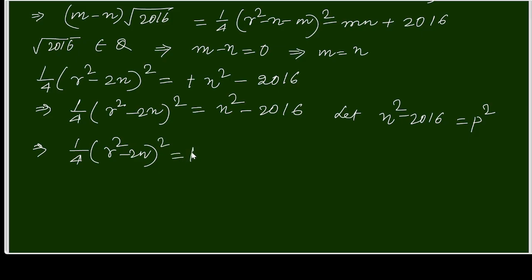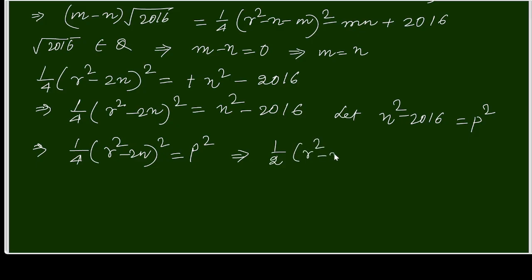Let it be p square. Let n square minus 2016 equal p square. Then I get 1 by 4 (r square minus 2n) whole square equals p square,